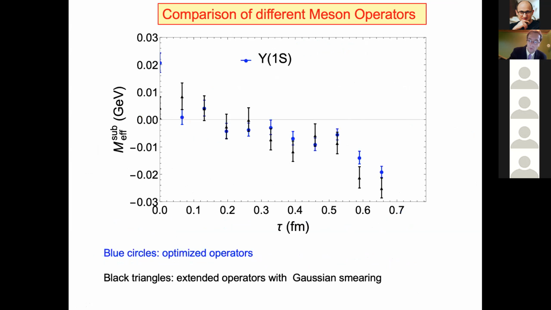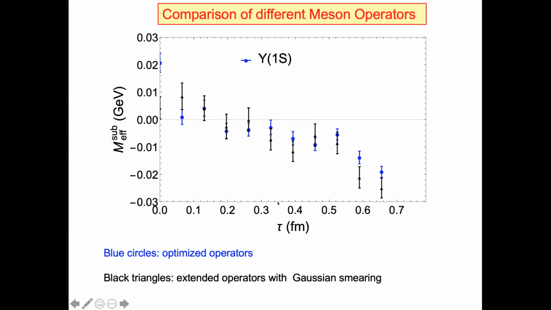But before moving further, let me just show that the medium effects are not sensitive to the choice of the correlation function. Here I show the effective masses of two different correlation functions. One obtained with a Gaussian extended operator, so sort of realistic, but not the optimal choice, and then the optimized correlators, the blue circles. You see that within the errors, there is no significant difference in the behavior as a function of tau